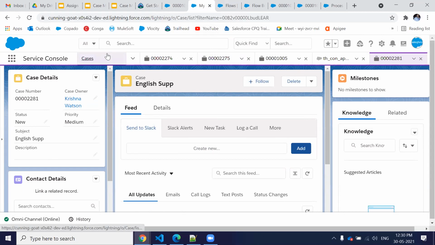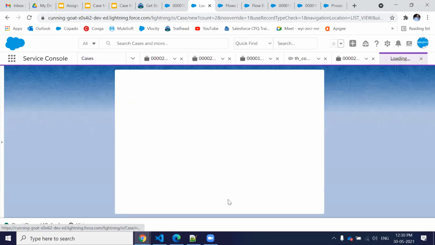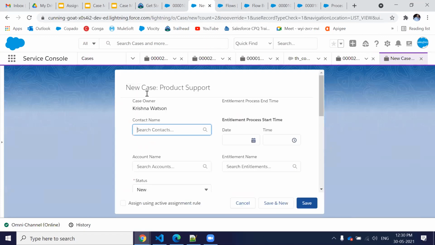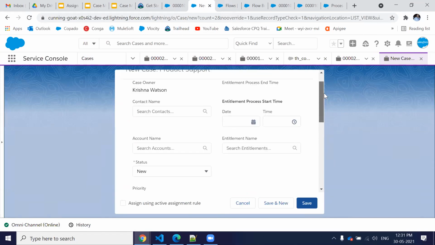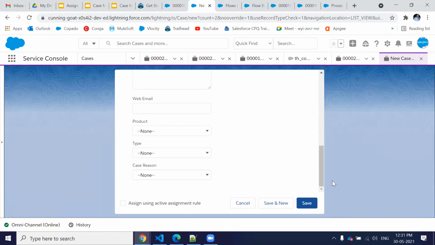Because this playground is totally working. If you want another example, let's create a billing support case. Let's create a subject, German language, and we do not have to select origin, then just save.